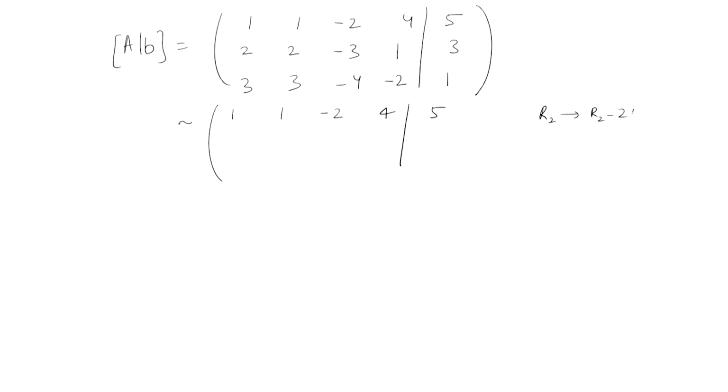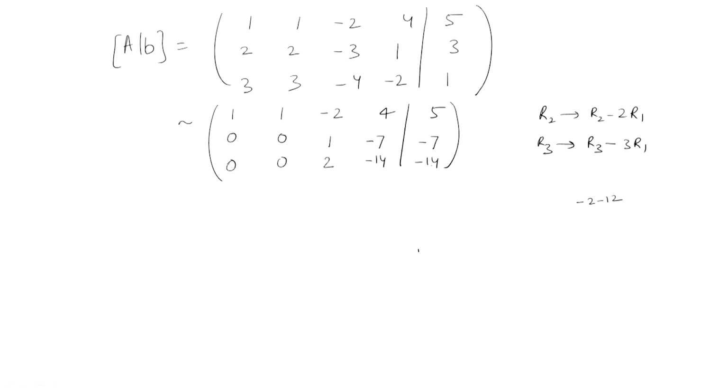R2 minus twice of R1. So, this is 0, this is 0, this minus 2 times this will be 1, this minus 2 times this will be minus 7, this minus 2 times this will be again minus 7. Now, in the third row you will apply the operation third row minus 3 times first row to make 0 here. So, this minus 3 times this will be 0, this minus 3 times this again will be 0, this minus 3 times this, that is minus 4 plus 6 is 2, and this minus 3 times this, it is minus 2 minus 12, that is minus 14,